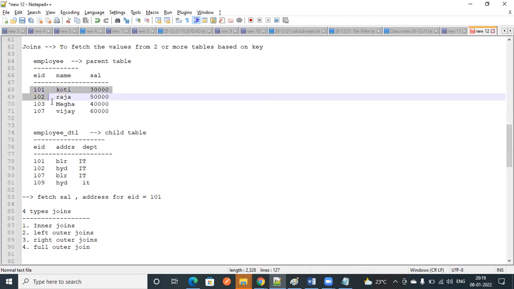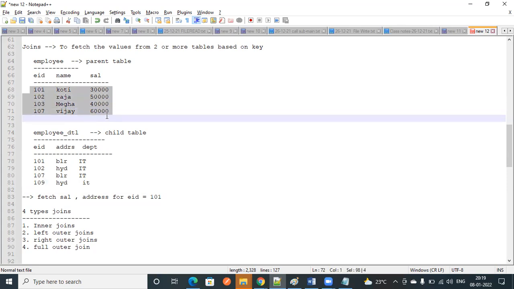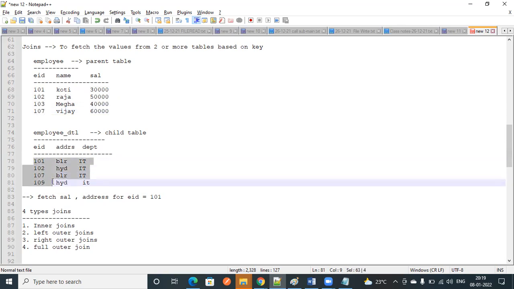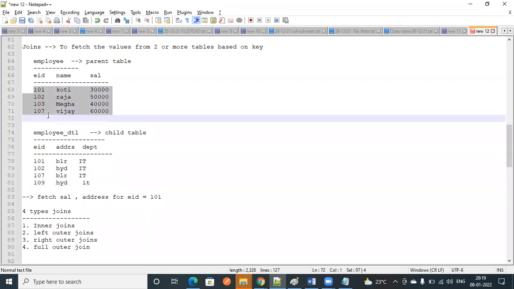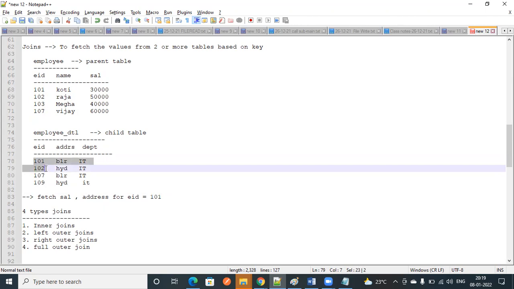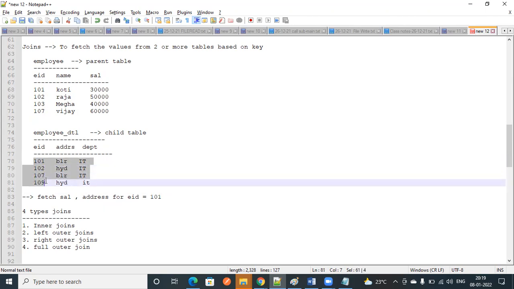Left side means it will only take care of the left side values, whatever is matching. First, it will display all the values on the left side, and it will go to the right side and take whatever is matching. If it is not matching, then it will display null.